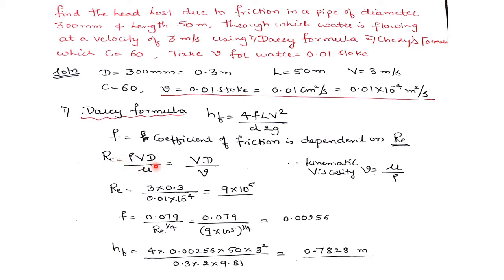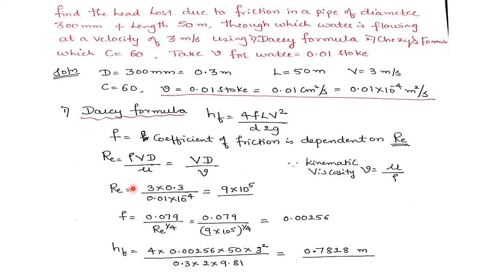we have another formula which is given by kinematic viscosity, that is kinematic viscosity nu is given by viscosity divided by density. So here in the Reynolds number formula, it is density divided by viscosity. Here kinematic viscosity is given by viscosity divided by density. So therefore I will write V into D divided by kinematic viscosity. That is rho by mu is nothing but the reciprocal of the kinematic viscosity. For that purpose I have written this here. Reynolds number is given by the formula VD divided by kinematic viscosity.